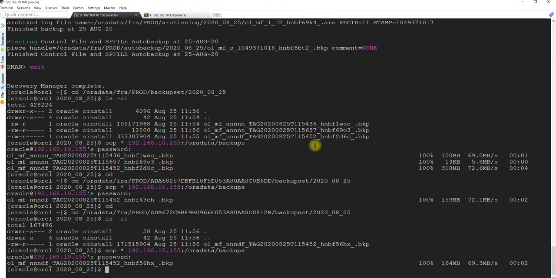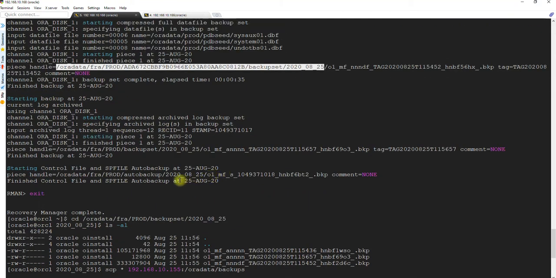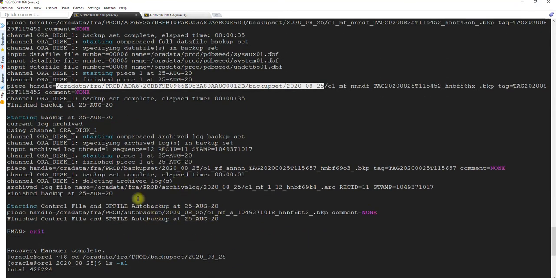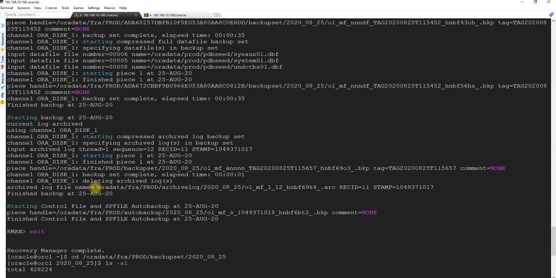And I think only one thing is left. Actually there can be two, but because we do not have any transaction currently going on, this is not a live production environment, there is no redo generation, and so eventually there is no archive log generation. Otherwise you would need to go to this archive log location and then transfer the backup from here as well, if that is the real environment.